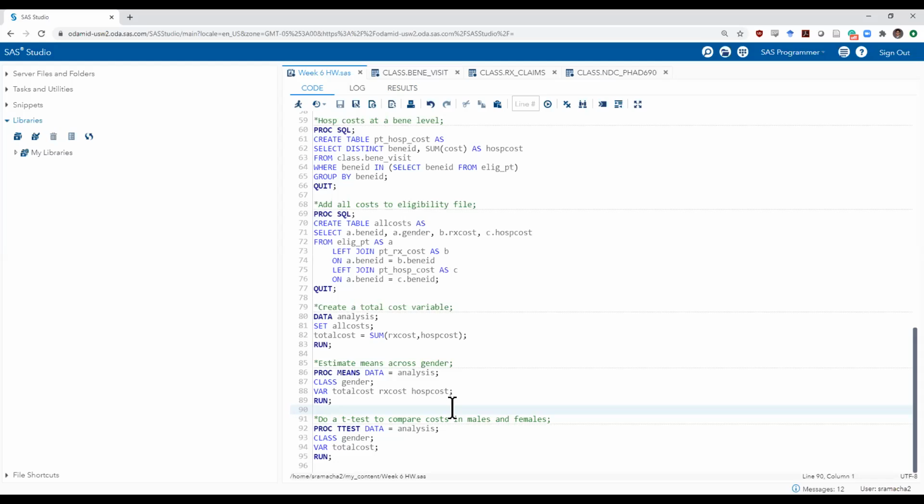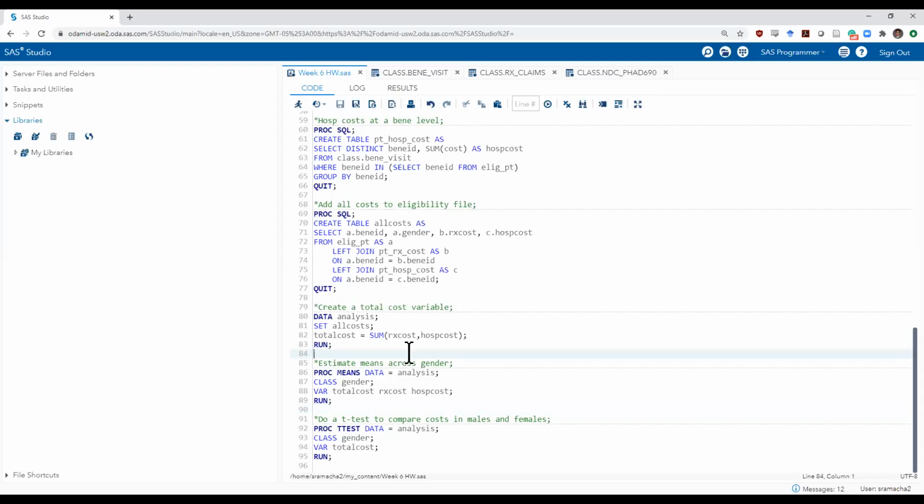Well, I did it in two different ways. One is, like you have said, eliminating all the patients who didn't have diabetes and just summing up all the hospital costs and prescription costs. That was one method which you just rejected. The second was similar to this, but a little different.